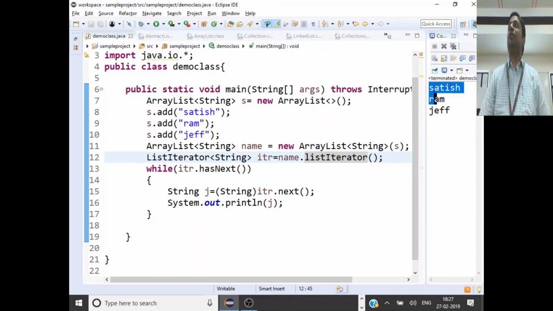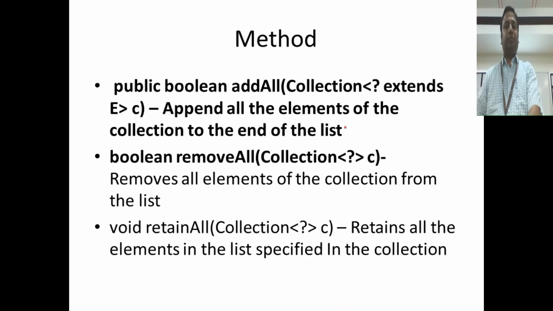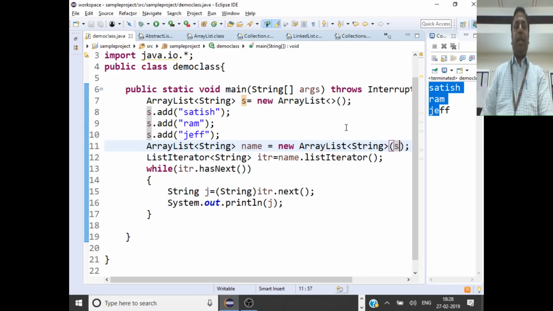See, so you can create an ArrayList using another collection. That's what they mean. That collection is passed as an argument s here. So there is one more thing. Say you can create an ArrayList like this, or else you can also add elements from an ArrayList